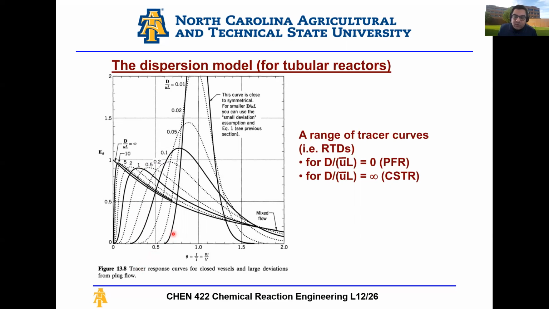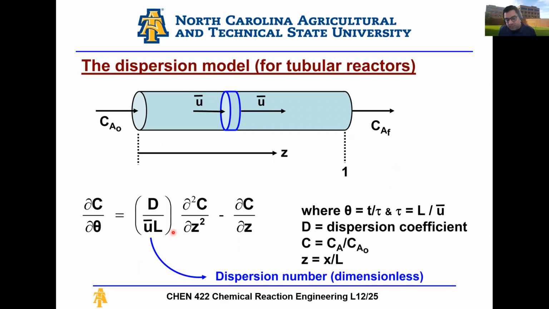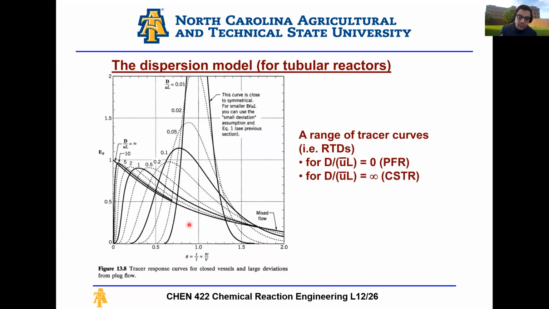And a lot of these charts are obtained from tracer experiments. So here, solving this equation might cause a lot of errors. So if I just put in a tracer and measure the concentration of tracer at every point in this reactor, at the beginning of the reactor, at the end of the reactor, I can get a good understanding of the amount of dispersion that's happening without actually solving this complex equation. Of course, there are very fancy tools out there which can solve this equation for you, however, typically this has been the conventional way to do it, where you look at charts, tracer response curves for closed vessels,